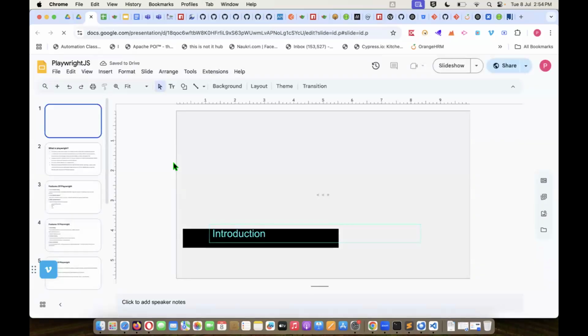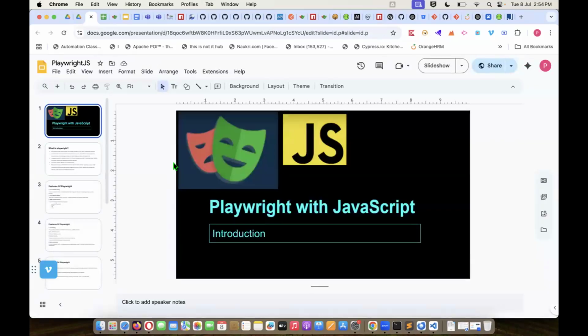Okay, so it will be more of Playwright with JavaScript, which will have all the content starting from learning the JavaScript part, which will include all the modules, guys. Those modules will be around 4 to 5 sessions, which will make sure the complete JS language is covered, because the prerequisite is that you need to have very good exposure on the JS language before you start with the Playwright part.